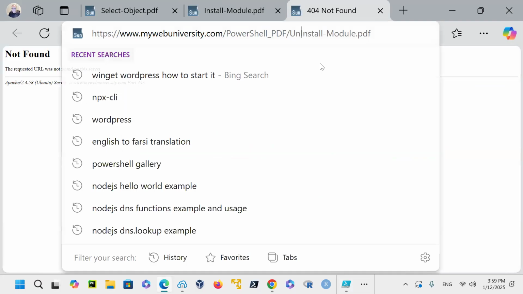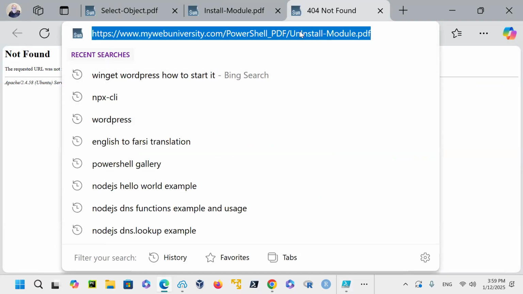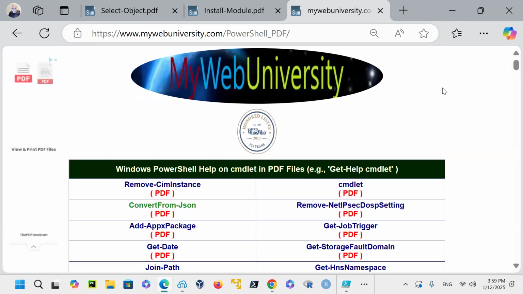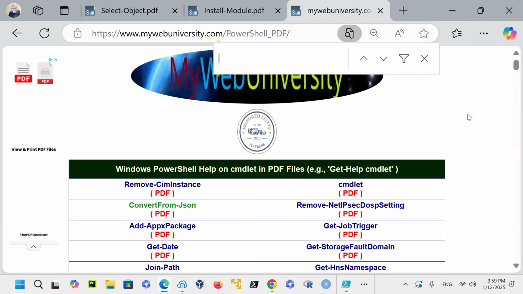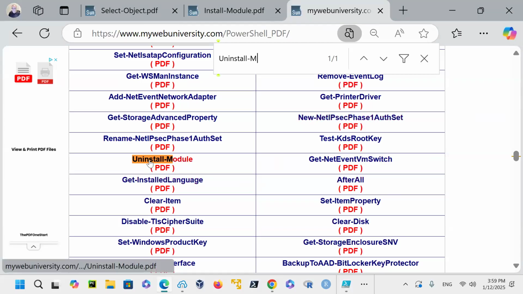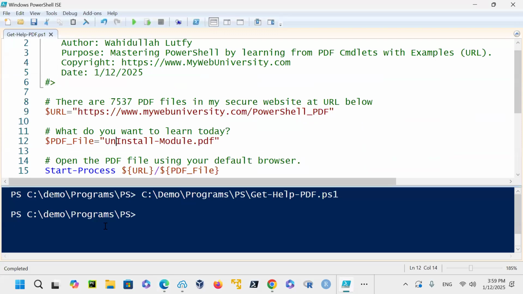Okay, uninstall was not found. So when the name is not there, let me show you how to fix that kind of thing that is not matched. You do Control F, and then say uninstall dash module, to see there's uninstall module. Apparently the I was uppercase, so the PDF file name has to be matching case sensitivity. So I have to check this one with I lowercase, uninstall, and then this time it should open it